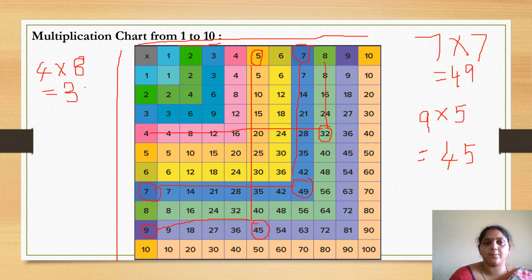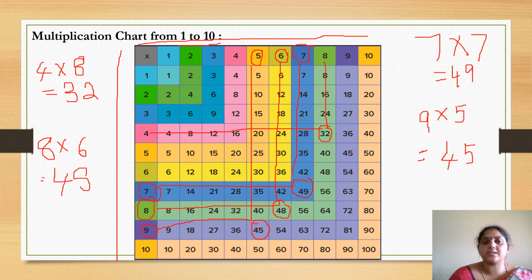We will see the last example. I want to find the product of 8 sixes. What do I have to do? I have to check the digit in the rows, circle it, and I have to check the number in the columns, that is 6. Now just simply drag the 8 till 6 boxes. 1, 2, 3, 4, 5, 6. Right? Now you bring the column line down to the meeting point. When these both are meeting each other, you will be getting the product. So 8 sixes is nothing but our product 48.